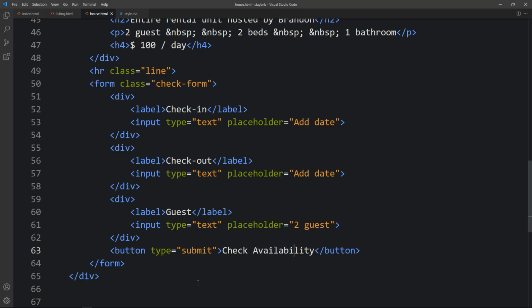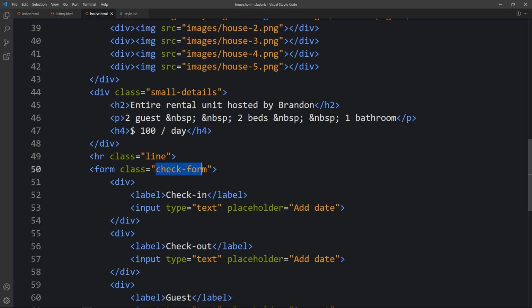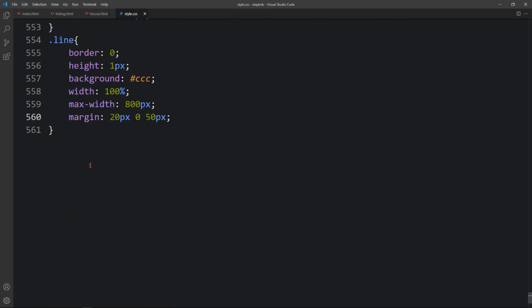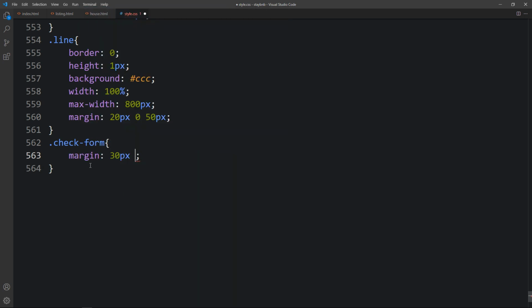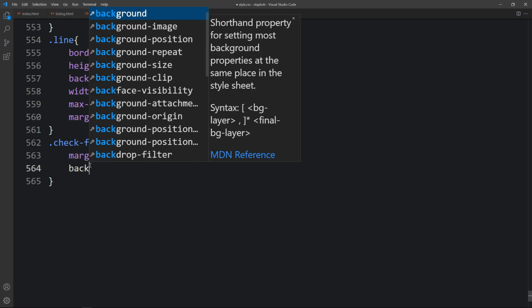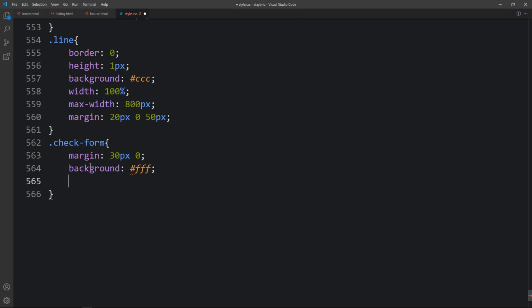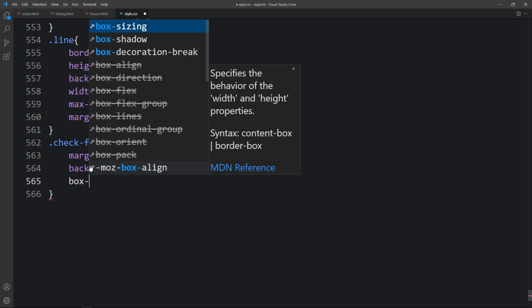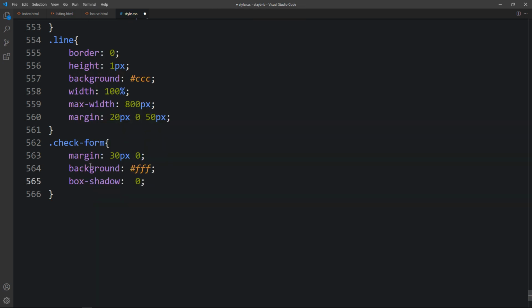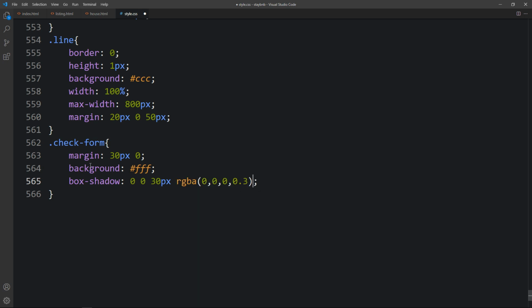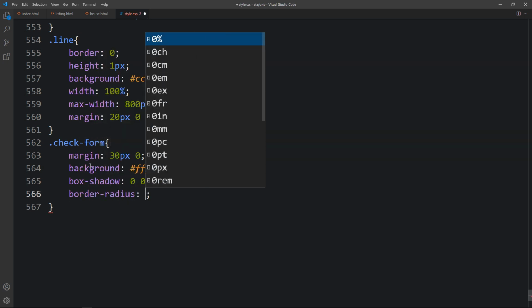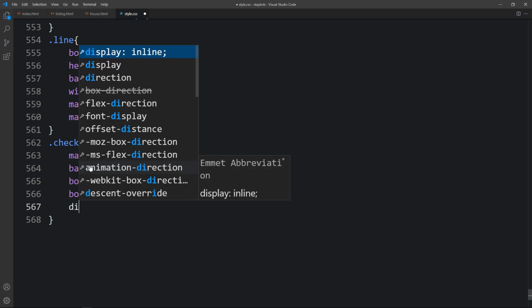Now let's come back to the HTML file, and here we have the class name check form. Just copy this one, write it here in the CSS file. For this one we will add some space, so margin 30 pixel and 0. Then we will add the background, which is FFF white color, and some box shadow. So it will be very light shadow around this form, and after that we will add the border radius of